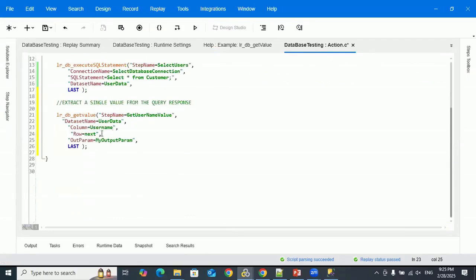I'm trying to extract the username information, and I need to mention which particular row. For now, I'm planning to extract only the first row information of the username column. So I'm going to provide the row as 1 here, which is going to extract the first row value of this particular column. And finally,